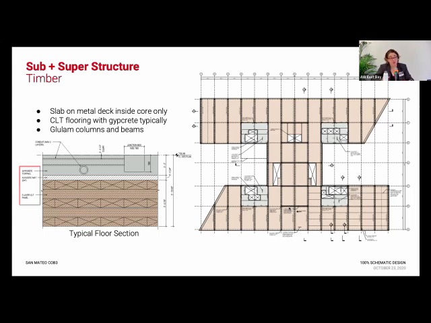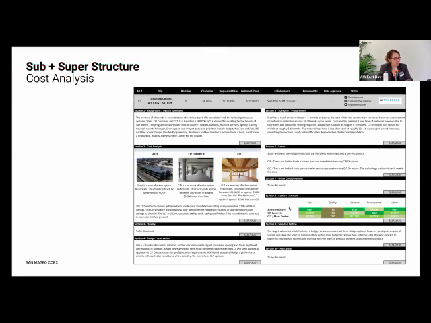Just by simply going for a lighter, faster material to install. I did mention we had a contractor on board at the time, and they were able to do cost studies. The three different structural systems actually came in between 5 and 8% of cost to each other, just apples to apples. And then there were other offsetting factors that came into play, like the time of construction, or could I